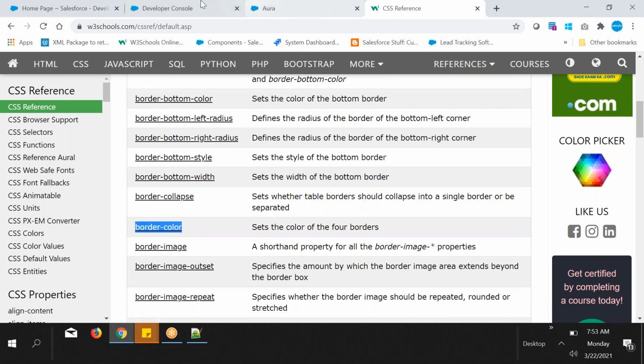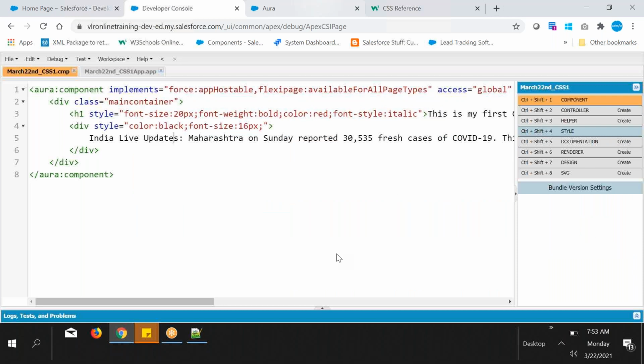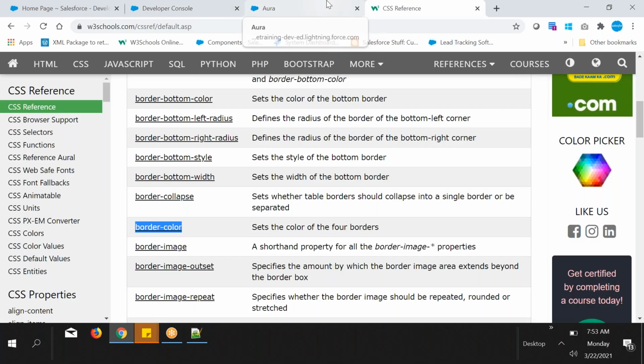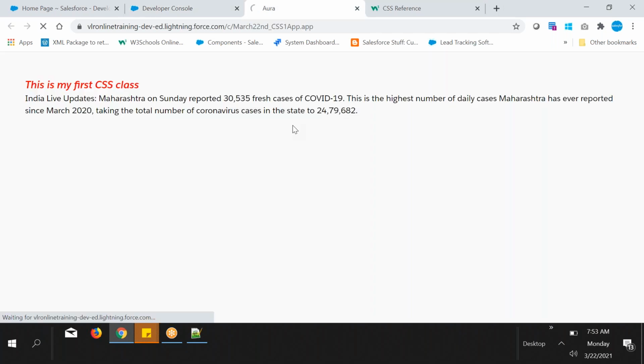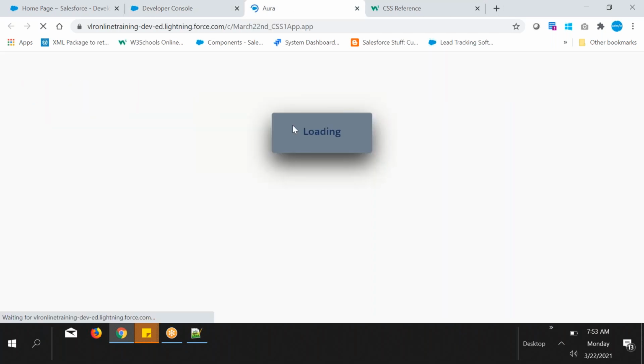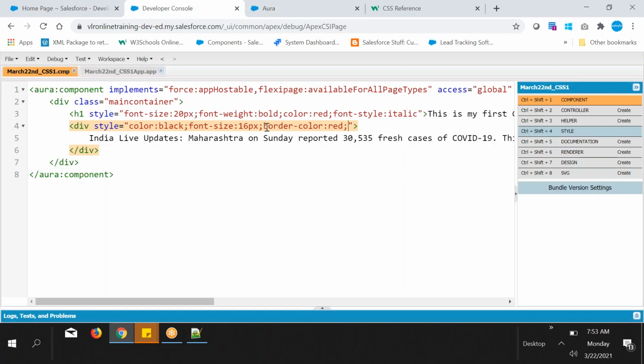You can check here, border-color like this, and you can make it red. So I made the border color red.